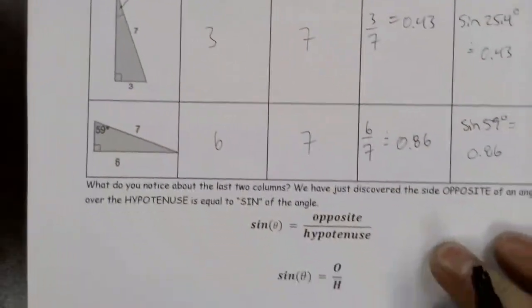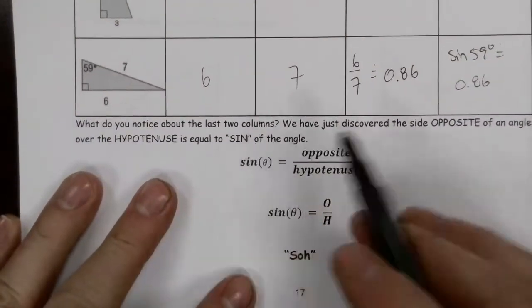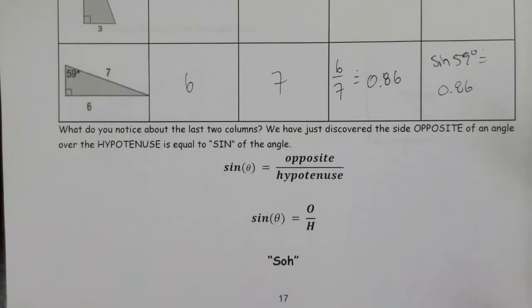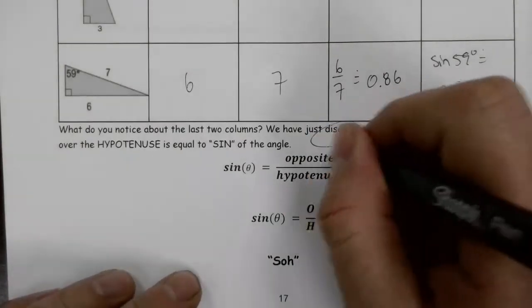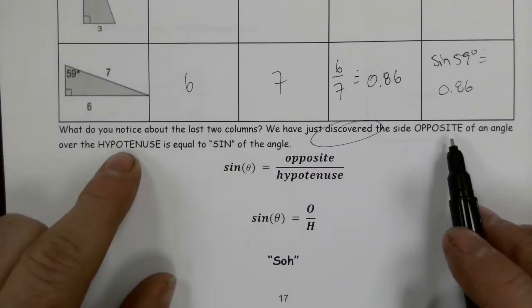So yeah, here we go. The next question is, what do you notice about the last two columns? Well, they're the same. They should be the same here. So we have just discovered that when you take the opposite side of an angle and divide it by the